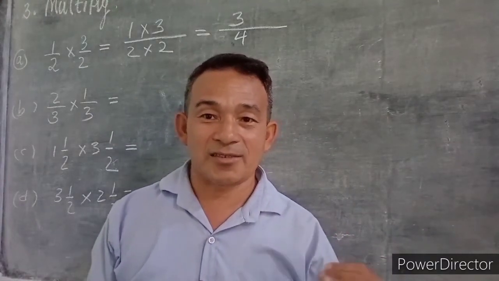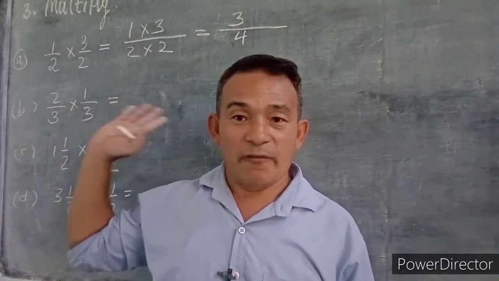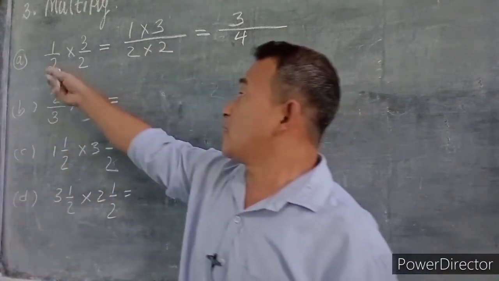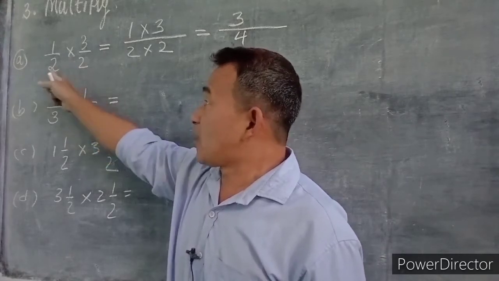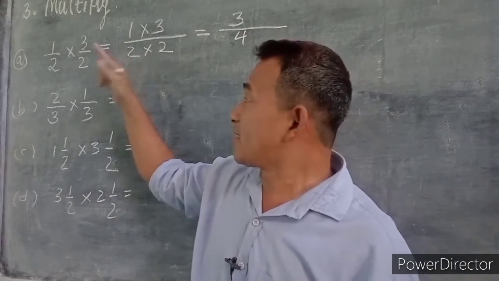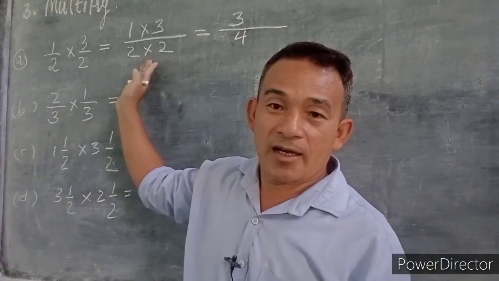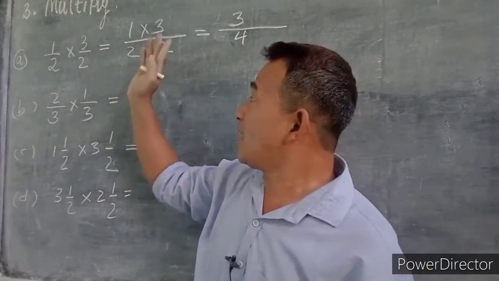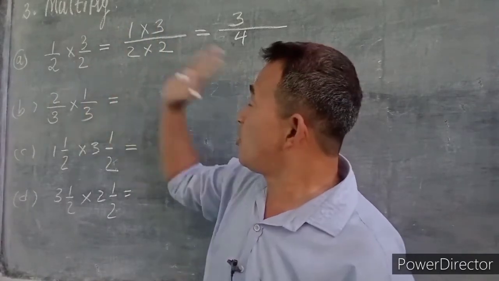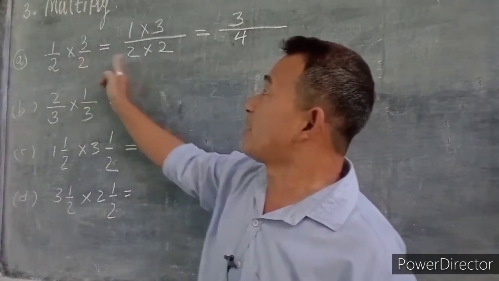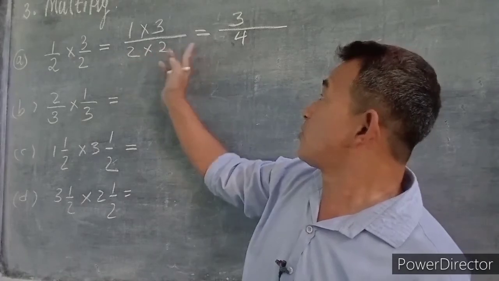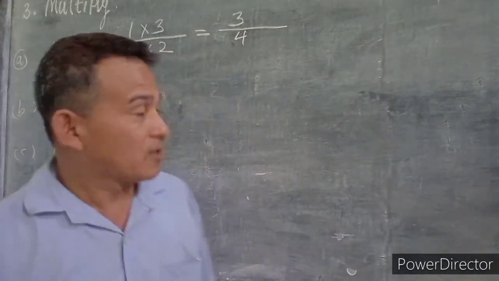But in addition and subtraction, this method is not applied. In addition, if the denominators are common, you write it only once. But in multiplication, we don't have such a rule. So we will directly multiply 2 and 2, and the product of 2 and 2 is 4. Now multiply